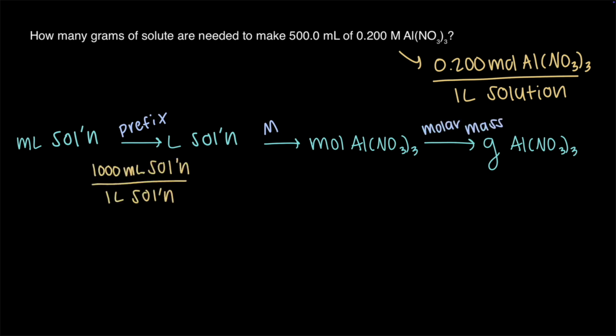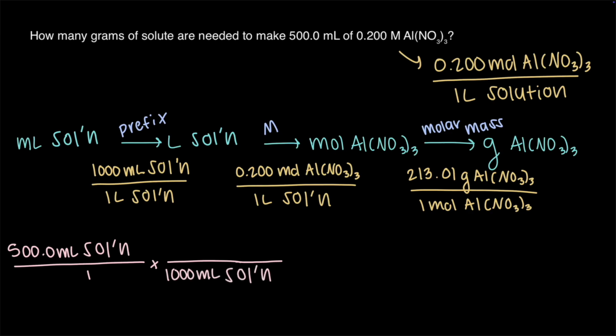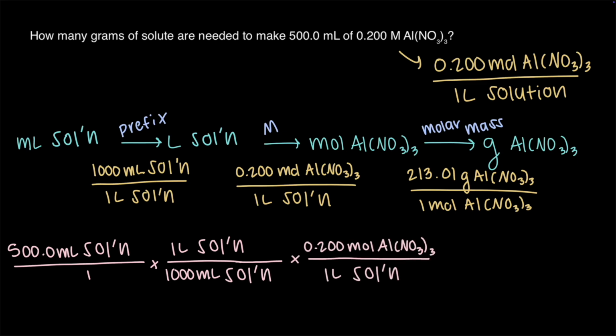There are 1,000 milliliters of solution for every 1 liter of solution, 0.2 moles of AlNO₃ for every 1 liter of solution, and 213.01 grams of aluminum nitrate for every 1 mole of aluminum nitrate. Setting up all units to cancel, we start with 500 milliliters of solution over 1. In the next fraction, 1,000 milliliters of solution goes on the bottom, and 1 liter of solution on the top. In the next fraction, 1 liter of solution goes on the bottom, and 0.2 moles of aluminum nitrate on the